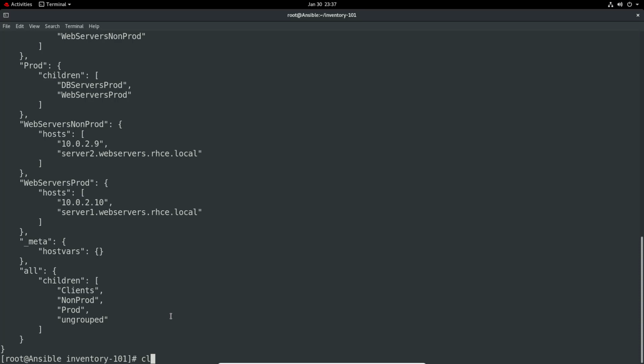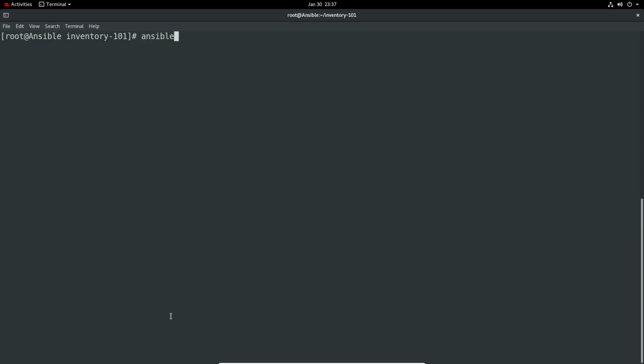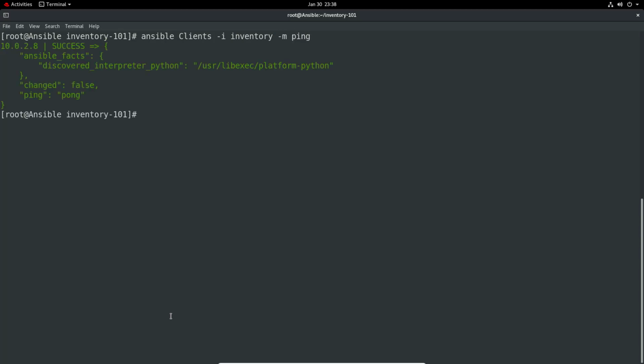So I can actually just say now, if I want to ping just a particular group, I can say ansible clients -i inventory, and then -m ping, and it's just pinged that. So if I say prod,